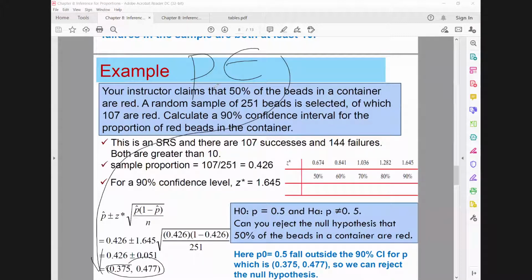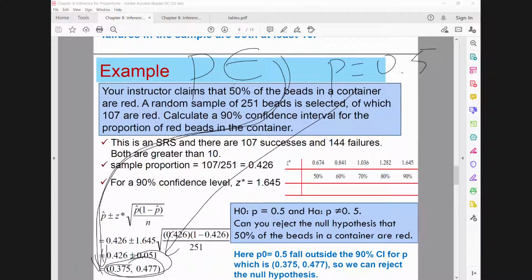After we made this conclusion that P is between 0... P is in this interval. But here he predicts P is equal to 0.5, which is not there. That means we have something wrong. That means the prediction is wrong.